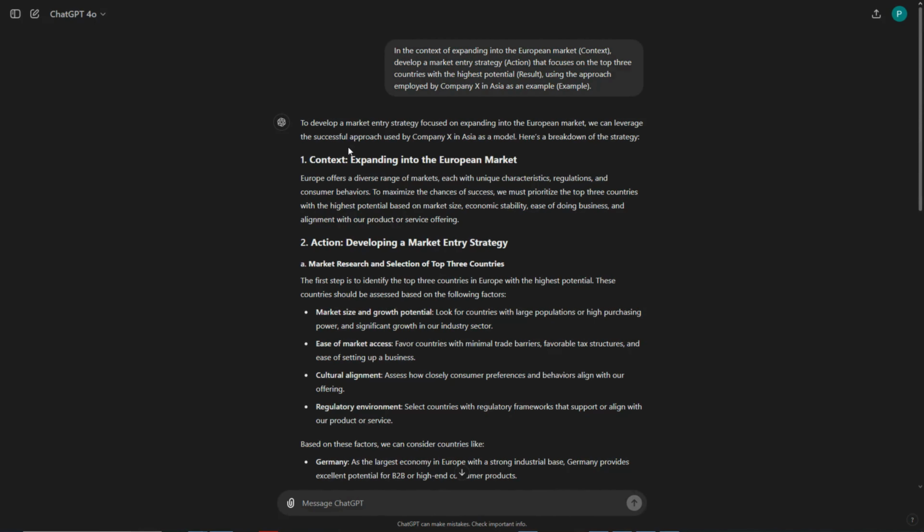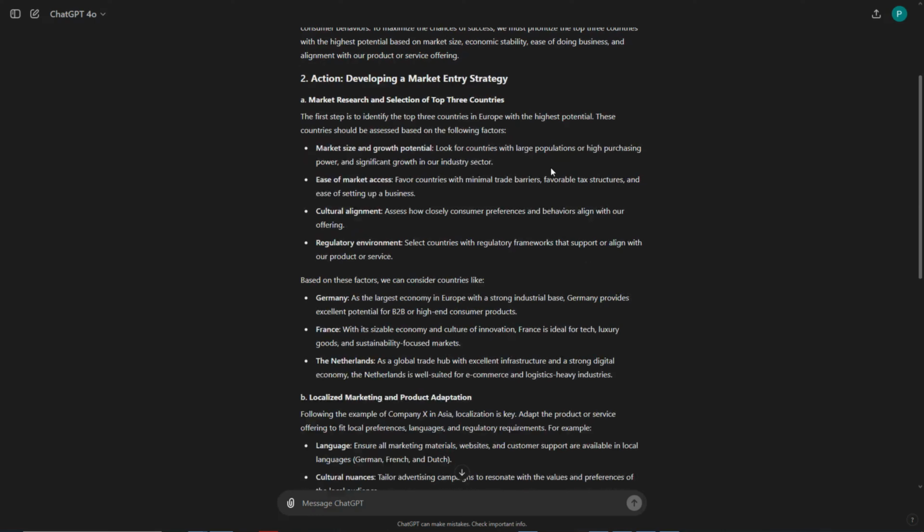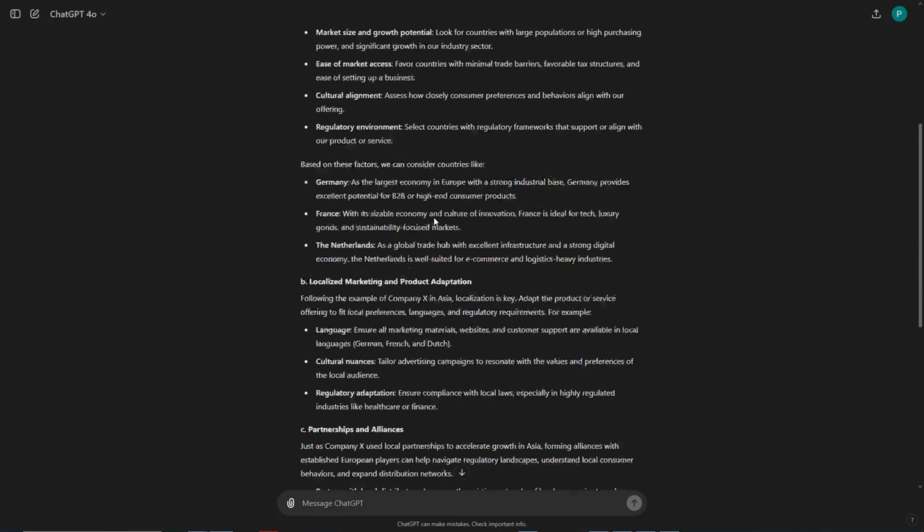Here we go. It says, to develop a market entry strategy focused on expanding into the European market, we can leverage the successful approach used by company X in Asia as a model. Here's a breakdown of the strategy. Number 1 is the context, expanding into the European market. And then we have action, which is to develop a market entry strategy, and it has some sub-points as well.